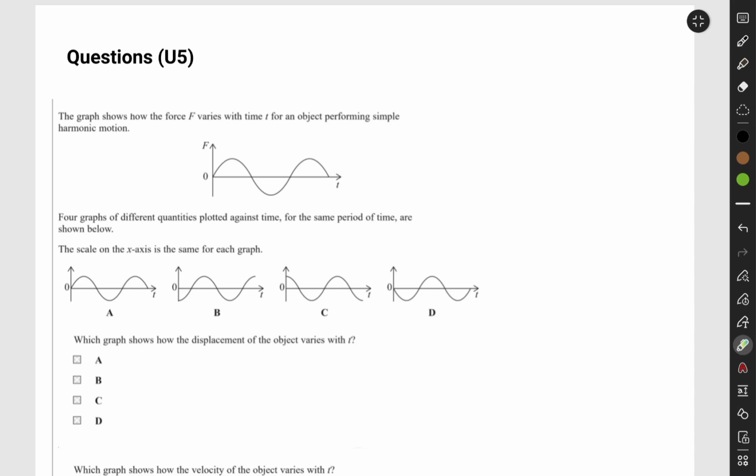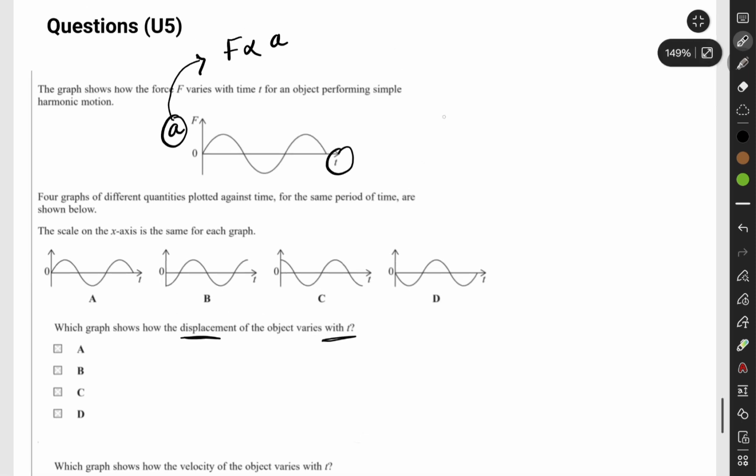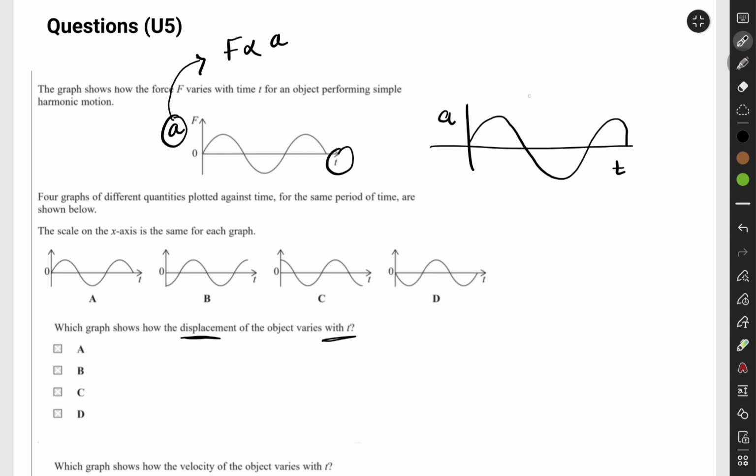Okay, so first they've given us the force time graph. Now, the force time graph is just the acceleration time graph in disguise because force is directly proportional to acceleration. So this is actually just an acceleration time graph. That's the first thing you have to notice here. And then they tell us which graph shows the displacement of the object that varies with time t. So we have this acceleration time graph, right? And we have got this function right over here. This is going to be sine x. And they're telling us they want the